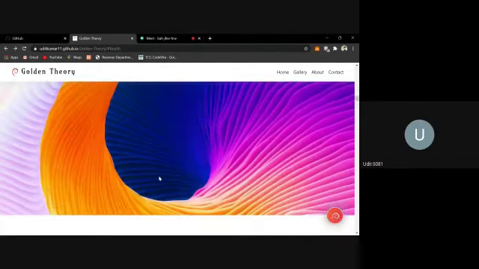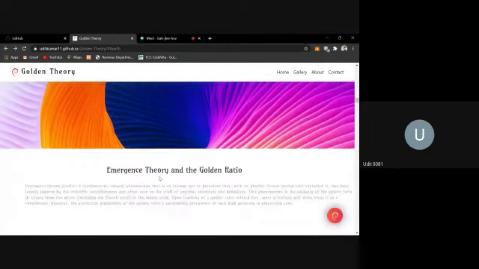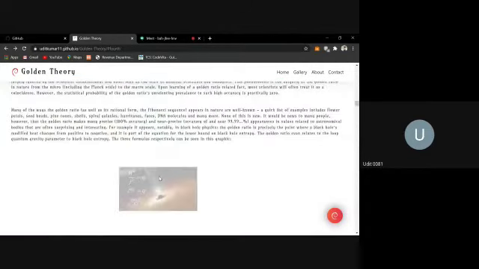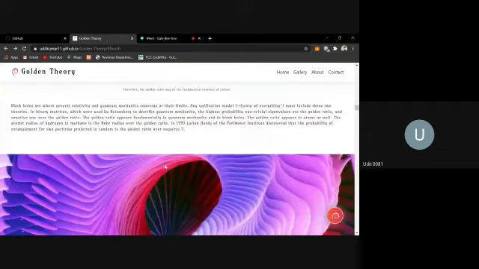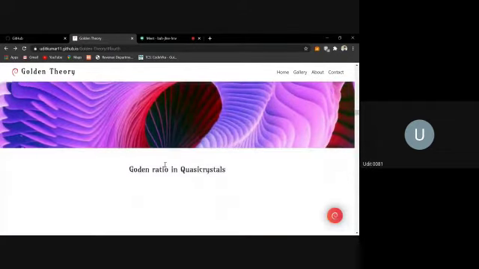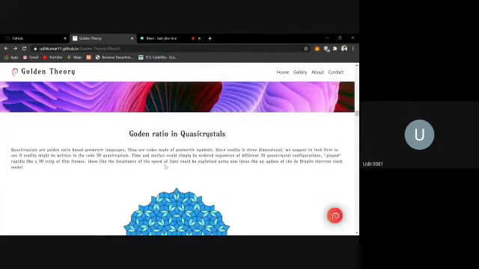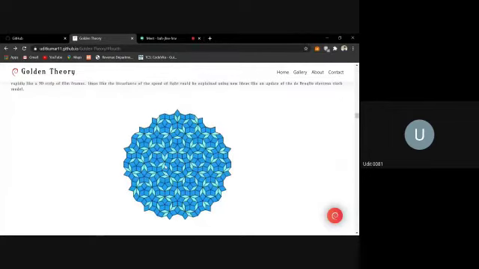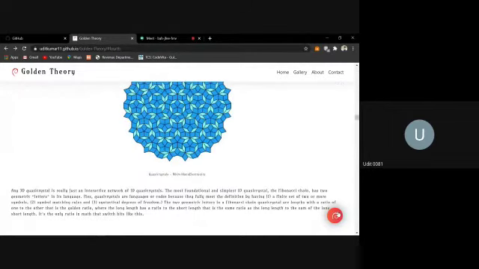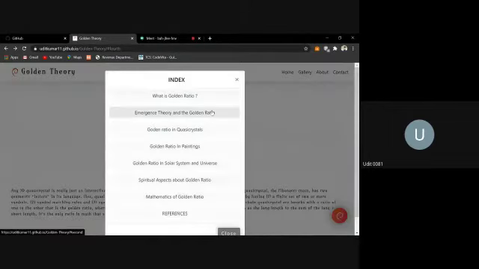Similarly, we have made the rest of the sections. We have added parallax and images to make it more interactive and attractive as well. Now comes this button at the right bottom corner. It's a simple index button. You can visit any topic using it.